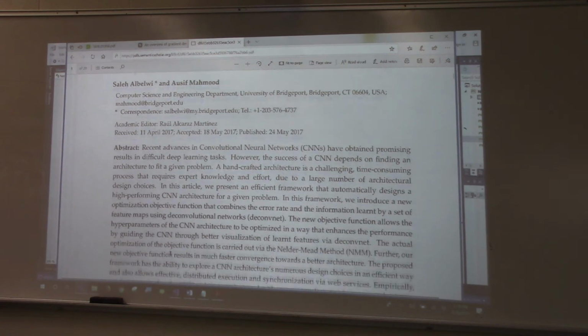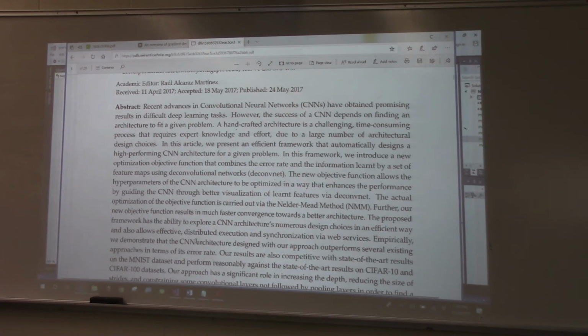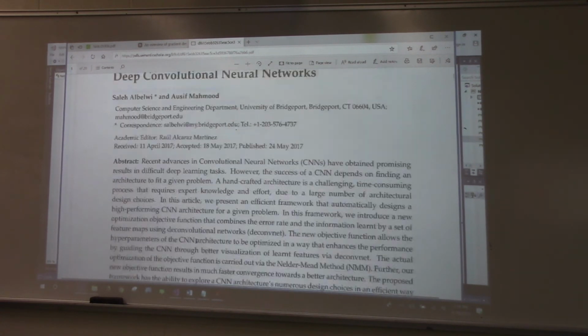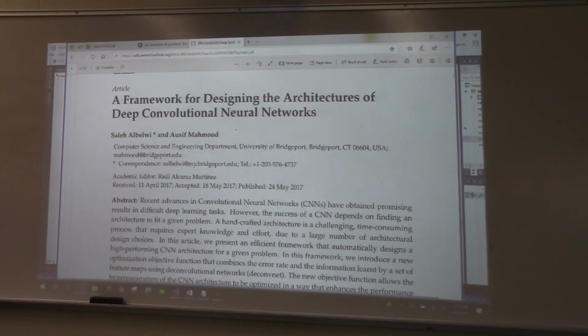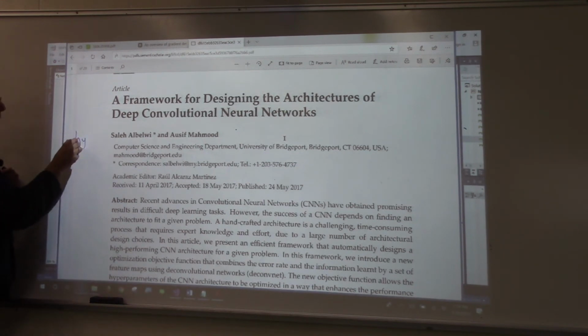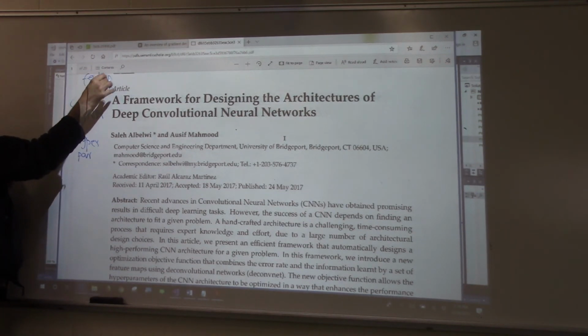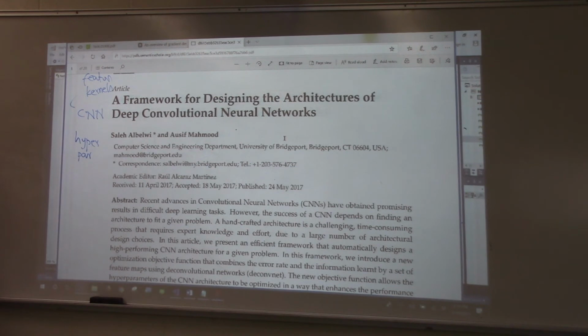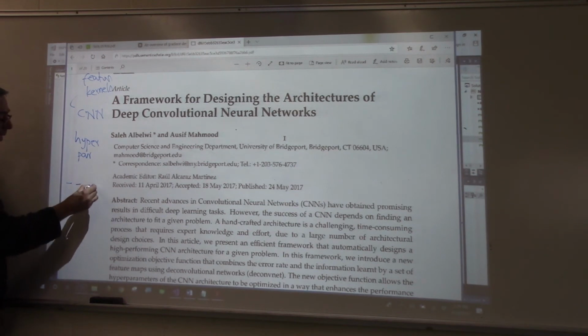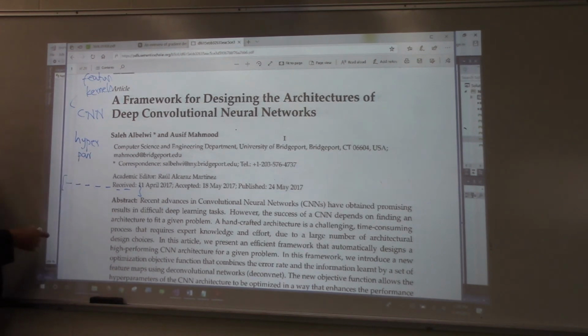Okay, so anyway, the key idea, even though this was related to CNNs, which is our next topic, was how do we design an optimal architecture, which always includes hyperparameters, such as the learning rate. In case of CNNs, we have what are called the kernels, and we need to decide how many kernels to use, how many feature maps to use. So there's a lot of variables in designing an optimal architecture. So what Saleh and I did is we came up with a way to set it up as an optimization problem, and then so that we can